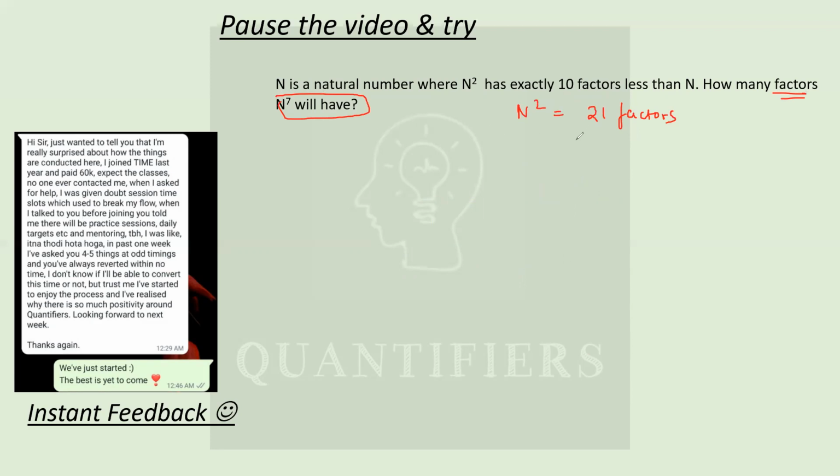Now, very important students, I hope all of you remember how we calculate the number of factors. आपको याद होगा number of factors कैसे निकालते थे? पहले prime factorize करते थे, then we used to increase the powers by 1 and multiply, and we used to get the number of factors. Now think logically students, how can you get 21 factors?